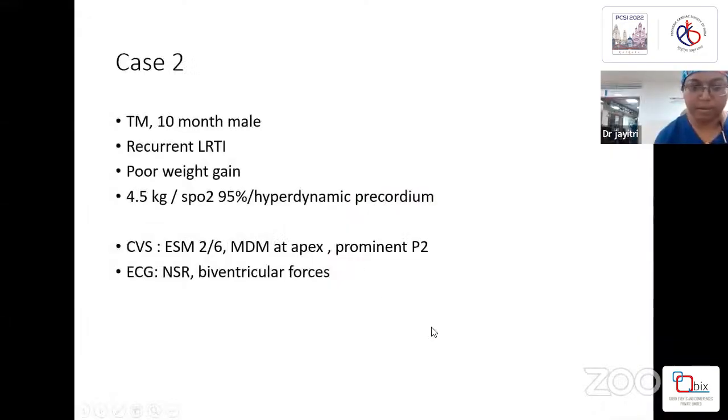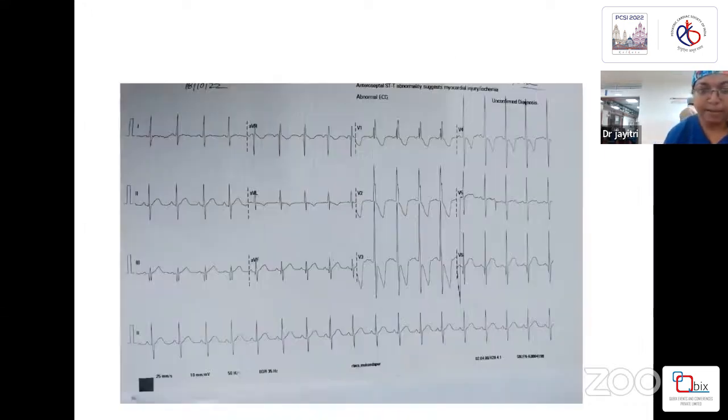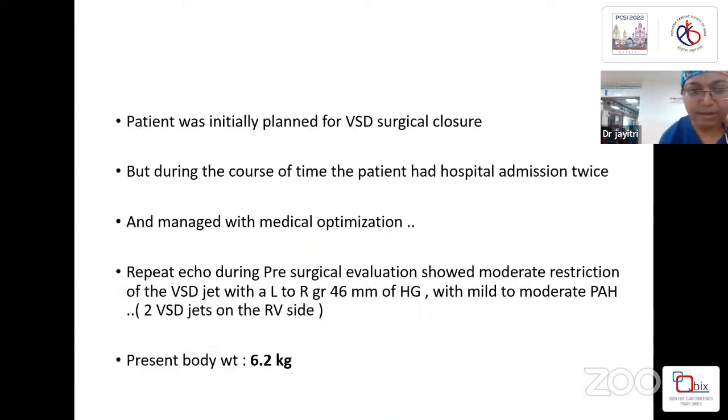This is a chest X-ray showing plethora and cardiomegaly. And this is the ECG showing biventricular forces and prominent Q waves in V5 and V6. Now, the patient was initially planned for VSD surgical closure, but during the course of time, the patient had 2